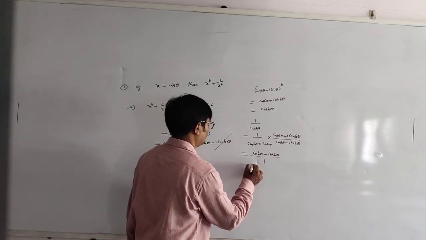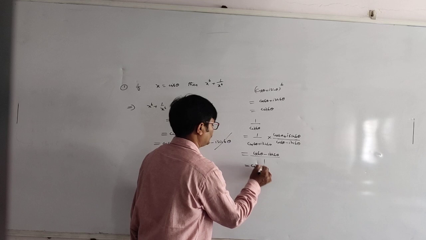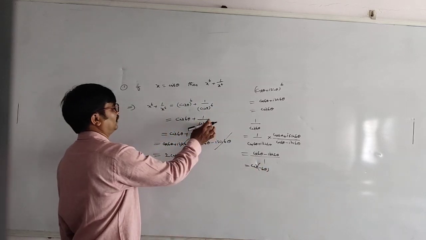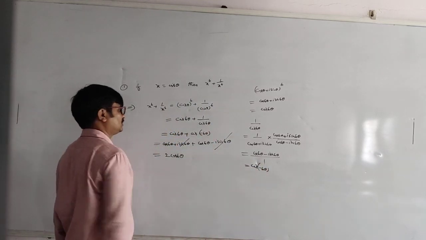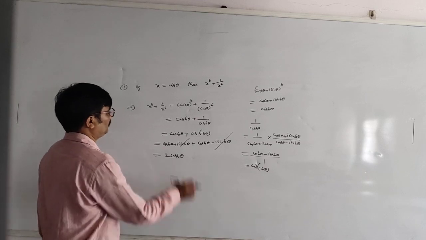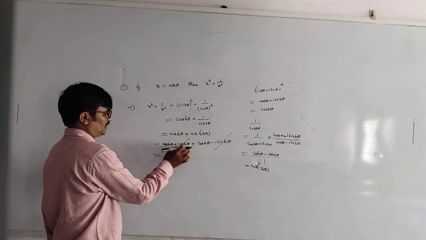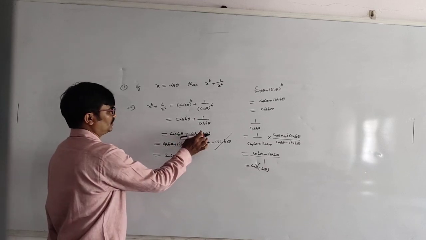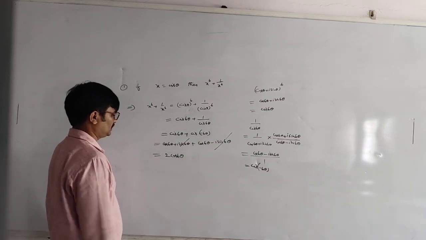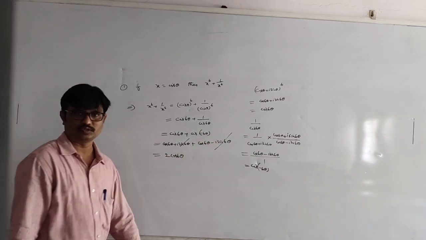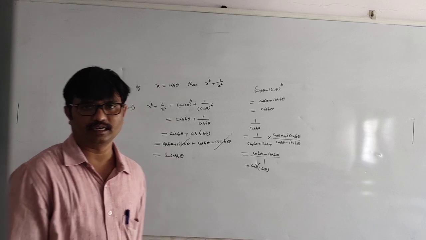So students, this is cis of minus 6 theta. I wrote it directly as cis of minus 6 theta. Then you can remove cis and write cos 6 theta plus i sin 6 theta, and this is cos 6 theta minus i sin 6 theta. Cos plus cos is 2 cos 6 theta. Okay.